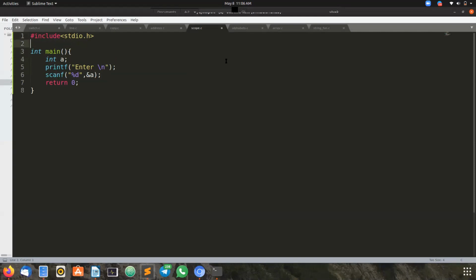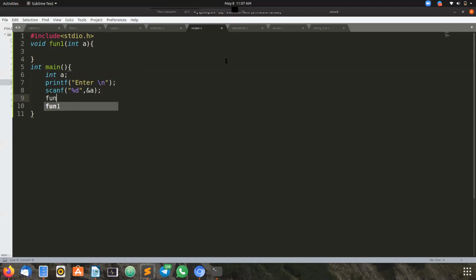Where do we write a function? In the global section. So here directly I'm going to define a function. I'm returning nothing, so the return type is void, but I'm taking a parameter from the main function that is of type integer. I'm taking the same integer value a, the identifier name is the same.